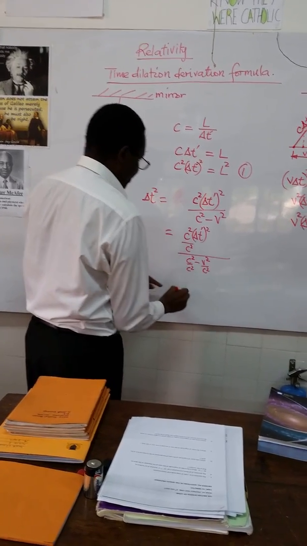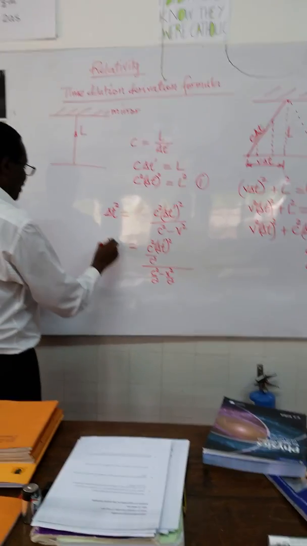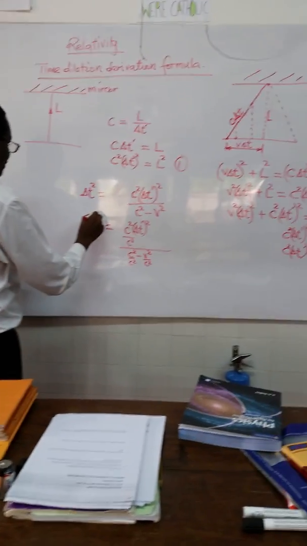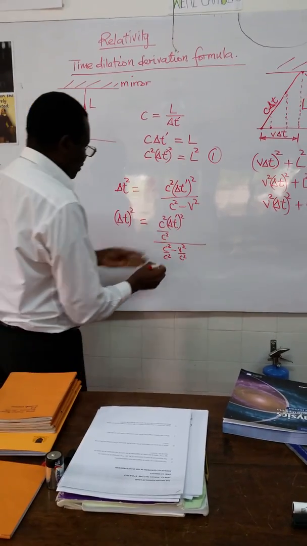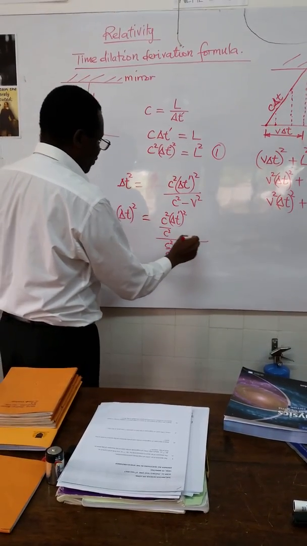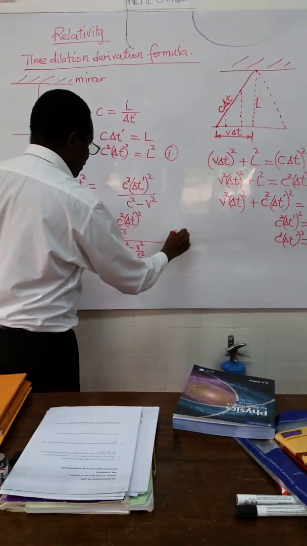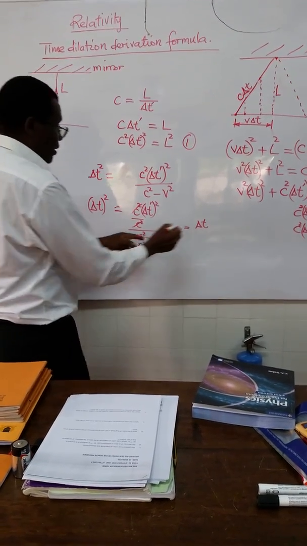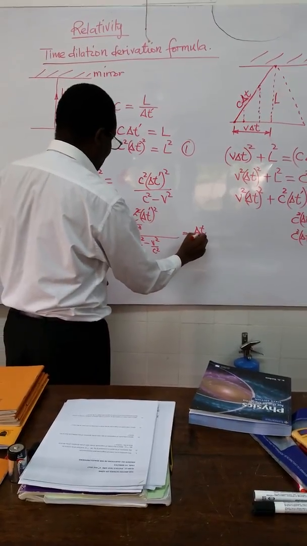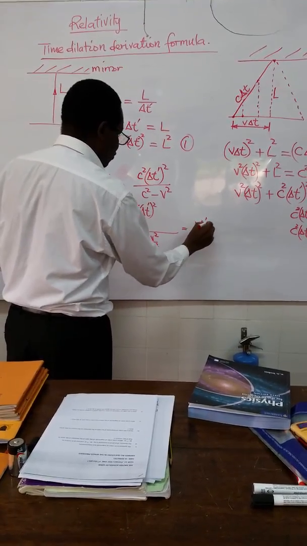In this case, you now have change in t squared, which is this one is going to give you change in t, because this will cancel out, and you have change in t prime squared